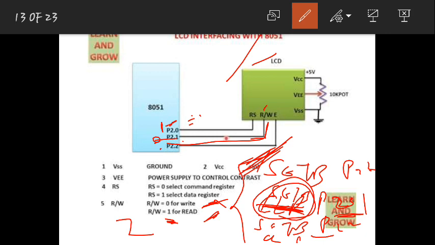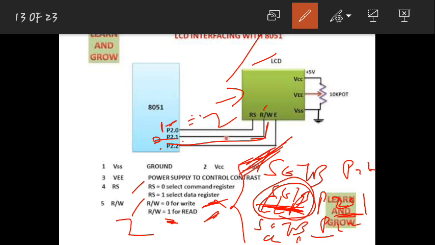And if you want a command, then you also have your different settings by making it 0, 1, and enable pin high to low. In that way you can write a command as well. Now these are just to say whether I am giving a command to the LCD or not, and I am enabling it after giving that. It is only telling the LCD that, but what command I am actually giving, it doesn't know yet.